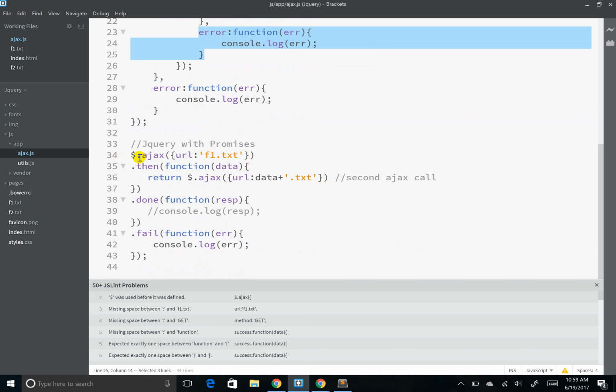If you want to do it with promises, jQuery also provides a way to do it. Promises are even better. With $.ajax, this is the first URL that I wanted to hit. You pass it as an object and you say .then. .then basically will give you the response of your first AJAX call. And inside your then function, you make another AJAX call. This is your second AJAX call, $.ajax, with the URL as data plus .txt. Once this second AJAX call is complete, it will call the done function